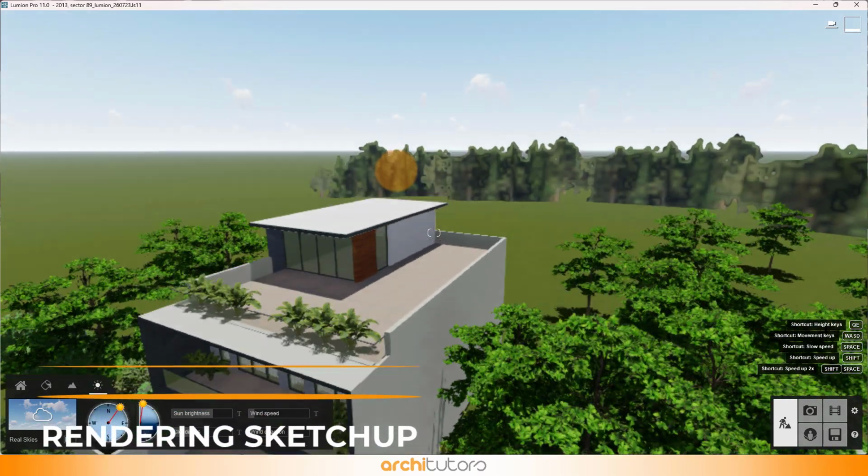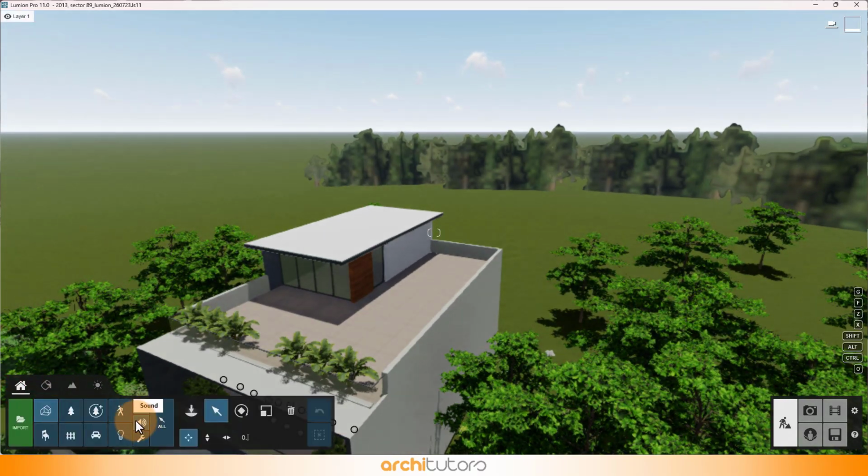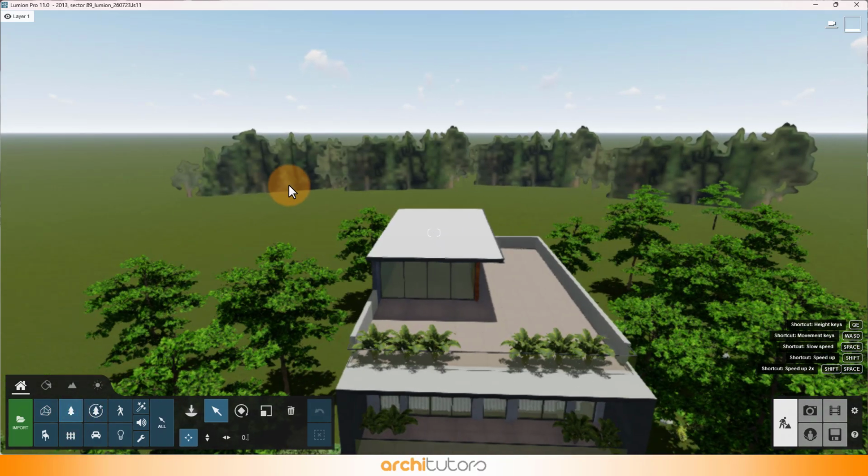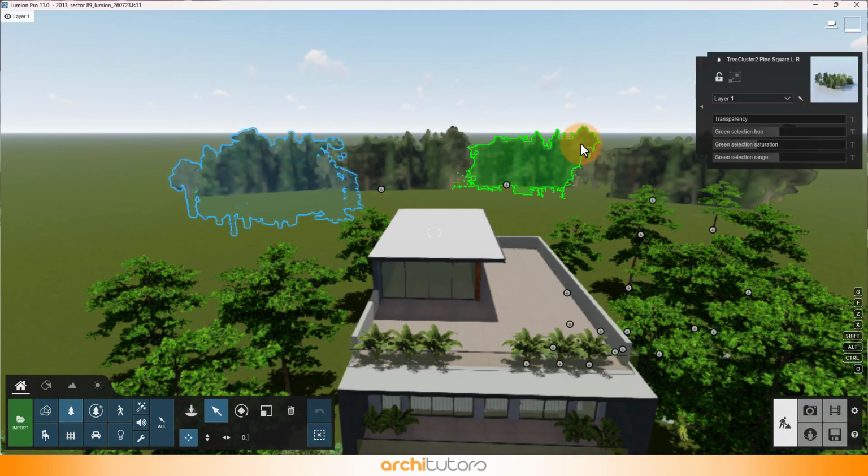The environment is everything that will make the render look complete, so take time to place trees and make an integrated artificial environment around the model. We have used a cluster of trees around it.